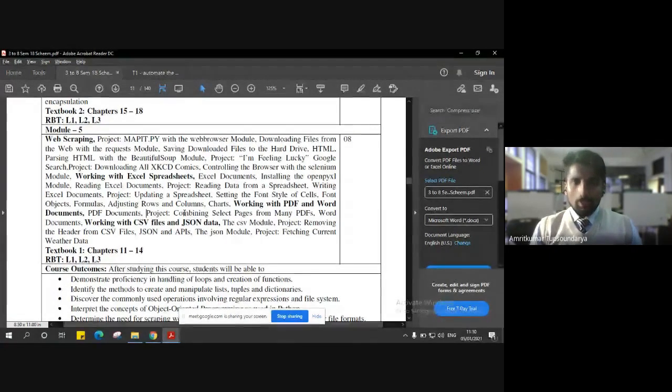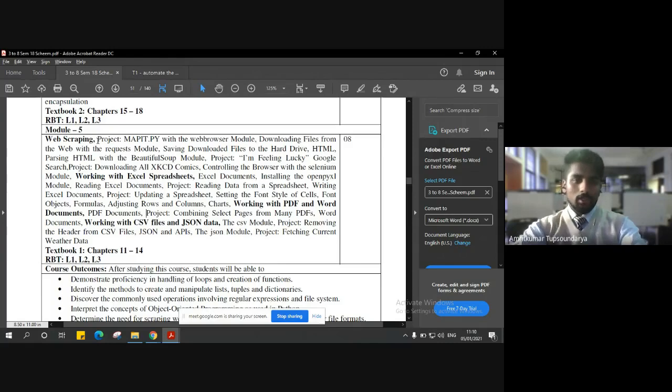Apart from that, as I mentioned, we'll be working with CSV files and JSON files. For CSV, we might require an understanding of the CSV module, and also of removing some unwanted content from the files. It can be a CSV file, or JSON, or maybe APIs as well. For example, unwanted data like a header or a footer, and only fetching the essential or required data. So this is just the overview, and step by step we'll be learning about these things.